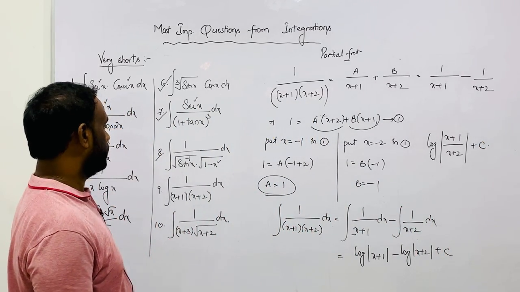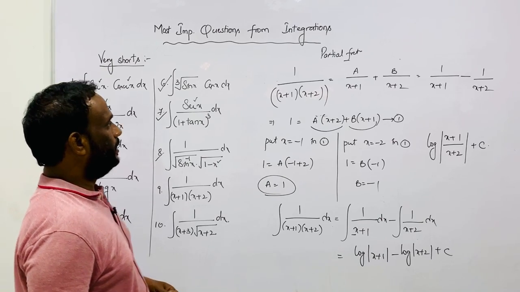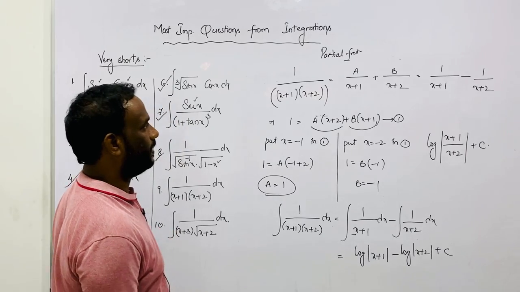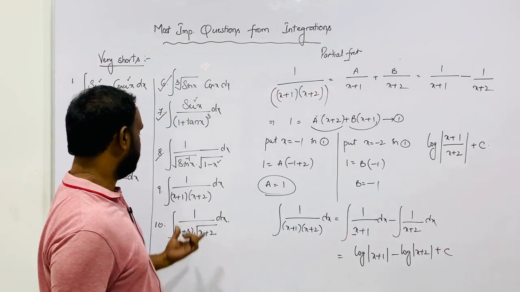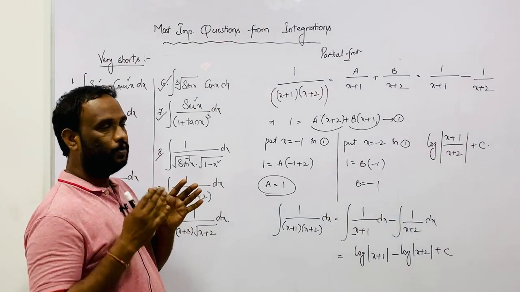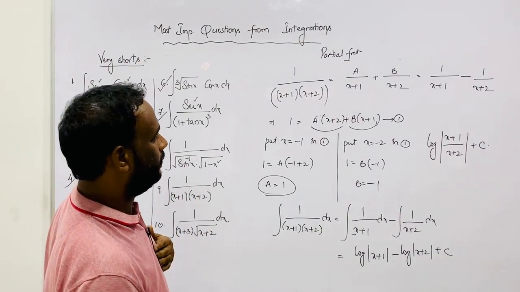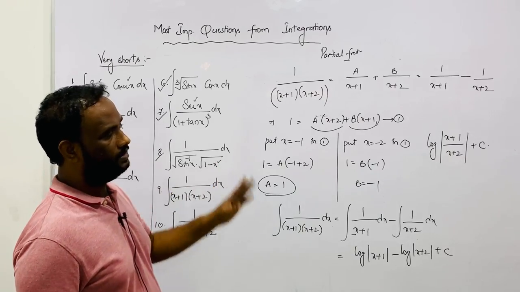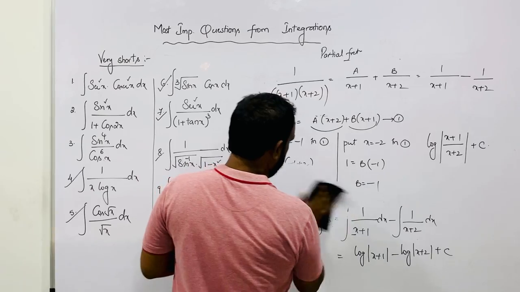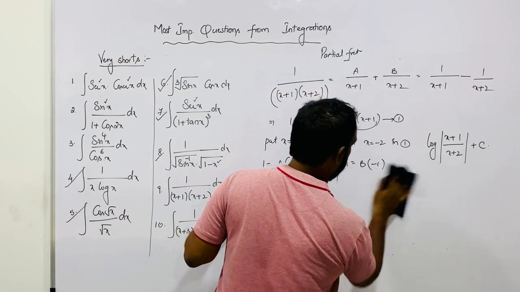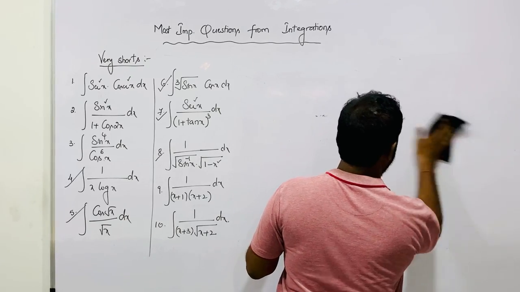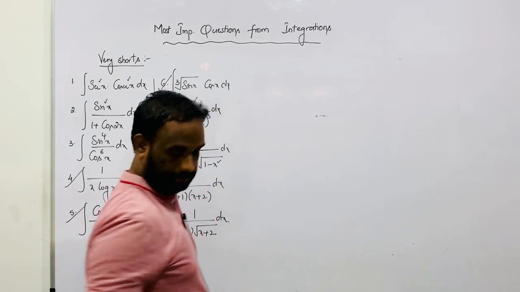Hence, how to identify whether the given problem comes to the form of partial fractions or not? Just identify whether the denominator is present in two or more different factors. When they are present in factors, you can simply apply partial fractions, resolve the given integral into corresponding partial fractions and separate the integration, and you will directly get the result.